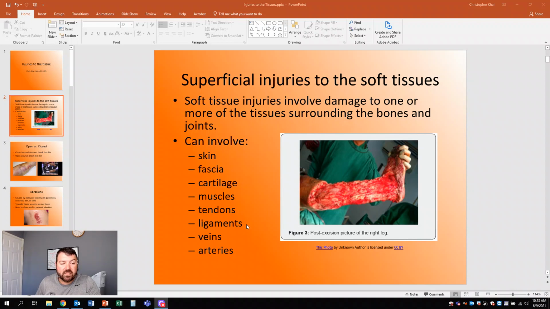Same with ligaments. I'm not going to cover any ligamentous testing in this course. That's more advanced, but there are ways to check the ligament integrity. And they're pretty good for the most part for most of them. But you don't know the extent of that ligament damage, especially right off the bat.